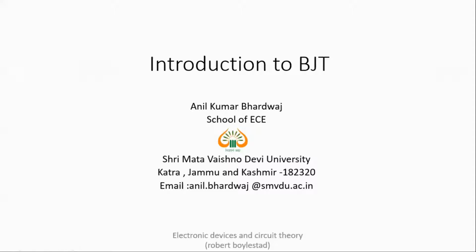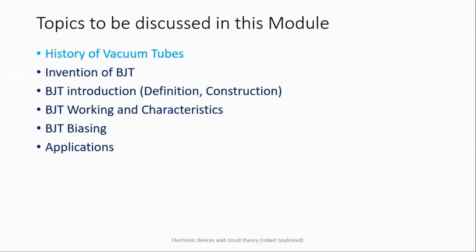Number 2 is introduction to BJT. In this, we are going to cover very briefly the history of vacuum tubes, then something about the invention of the bipolar junction transistor. Then we will discuss, as already told to you, that whenever we discuss a new device, we always look for its definition, construction,